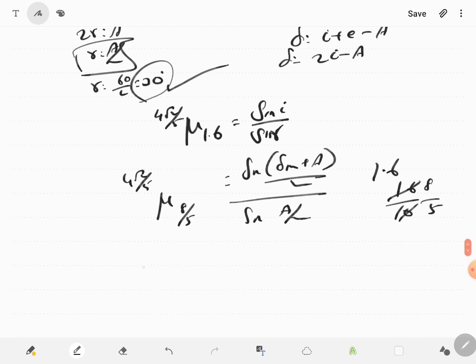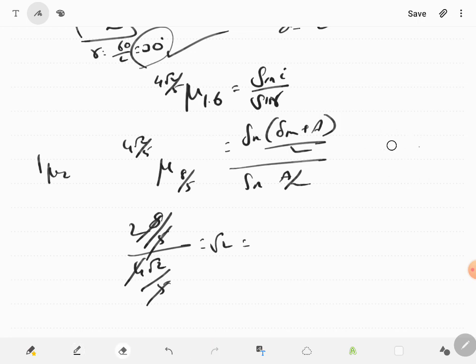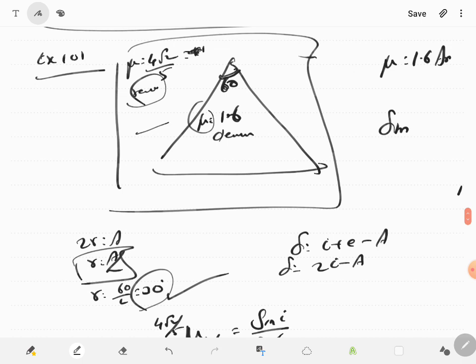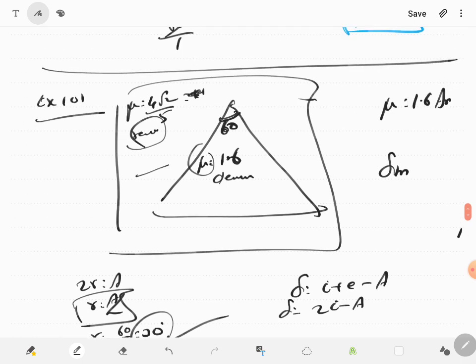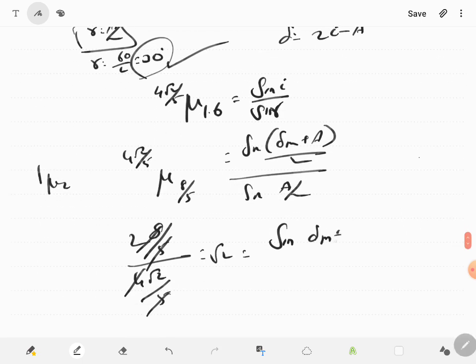So then when you have this, this will be refractive index 8 by 5 by 4 root 2 by 5, mu 2 by mu 1. If it's mu of 2 with respect to 1, it's mu 2 by mu 1. So 5 and 5 get cancelled, 4 and 8 get cancelled, 2 by root 2 is nothing but root 2. Thus you will get sine of delta m, which was given already. What was delta m? Delta m was minimum deviation. The question is to calculate the angle of minimum deviation, so you don't know delta m, but you know the angle of the prism.